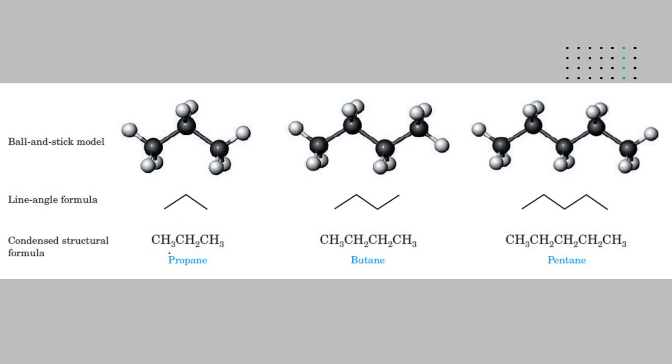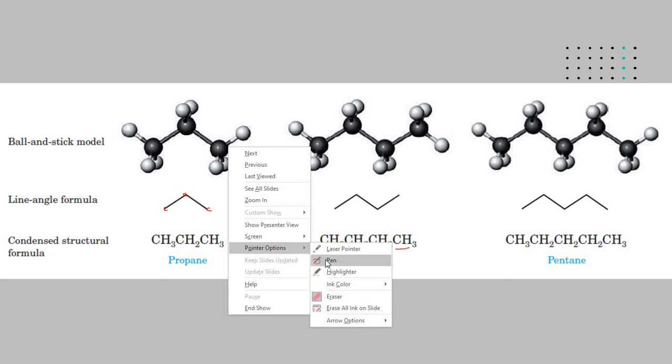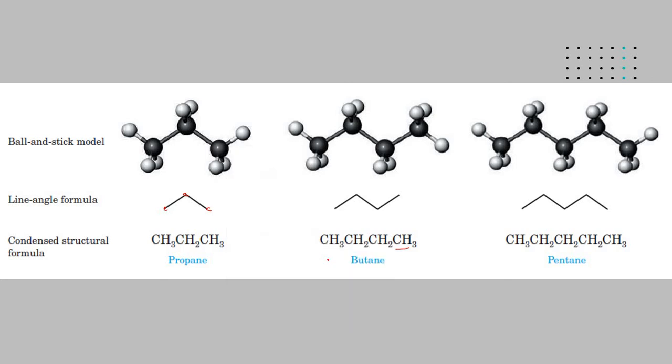So again, propane, we have CH3. It is assumed that there is a carbon here, a carbon here, and a carbon here. So it's just this little angle. When we go to butane, we added 1 more, right? So it's CH3, CH2, CH3, but this time there is 1 more unit. For butane, we want to add 1 more to the propane. So if your propane looks like this,